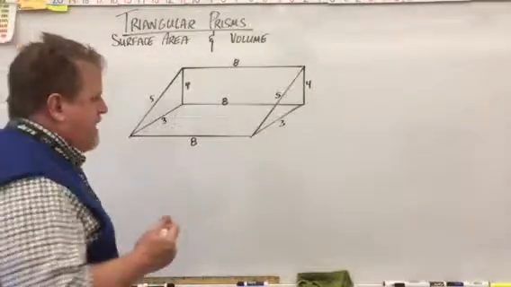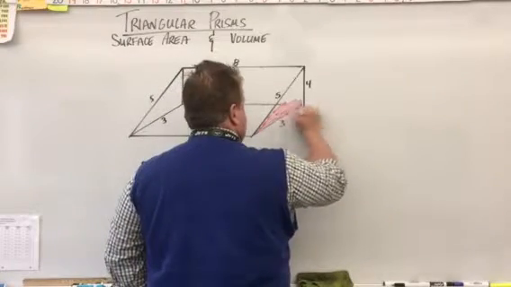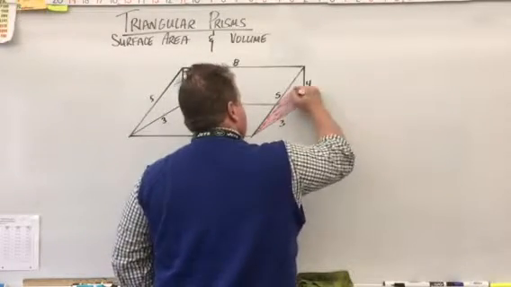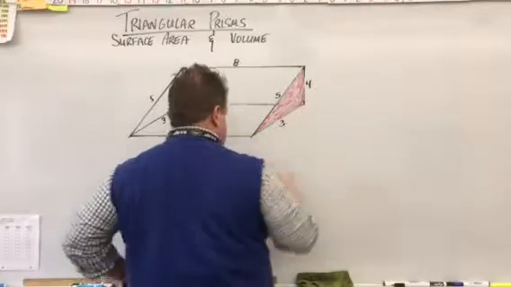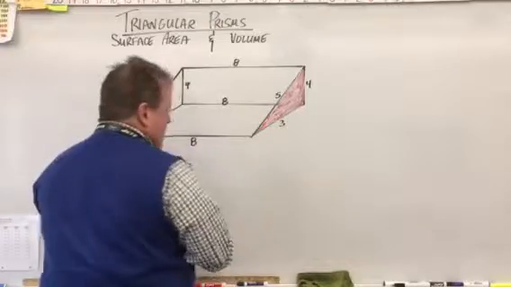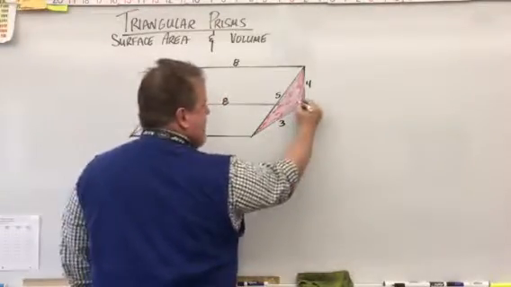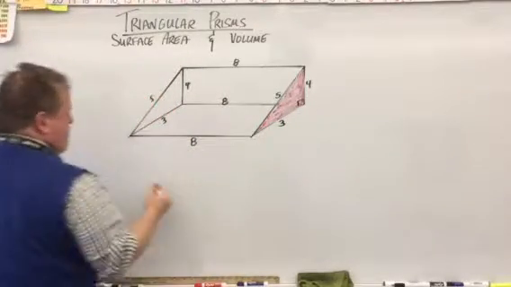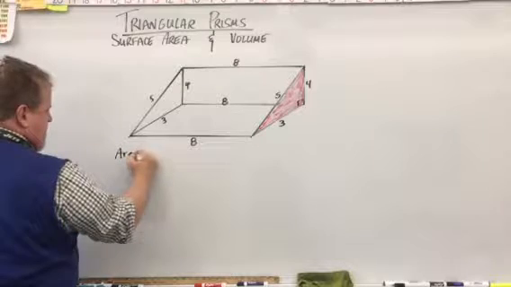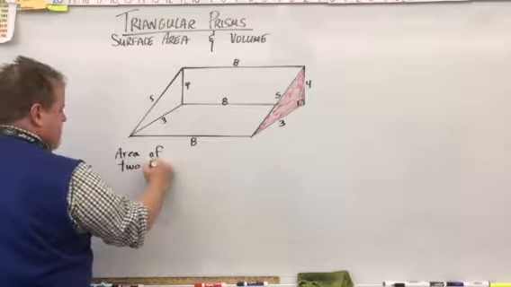First, we're going to start with the triangle sides, or the bases. So here is one example of the side of a triangular prism. And we have two of those, okay? So this is a right angle right here. So we're going to see that the base is 3 and the height is 4. So the area of the two triangle sides